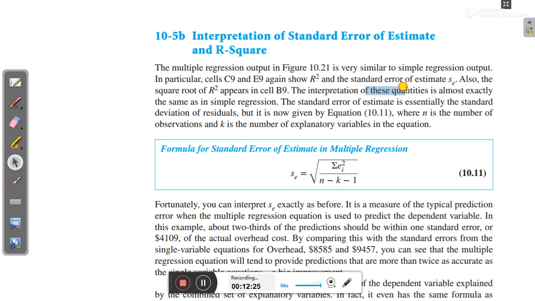The interpretation of these quantities is almost exactly the same as in simple regression. The standard error estimate is essentially the standard deviation of residuals, but it is not given by equation 10.11, which is different from the standard deviation equations, where n is the number of observations and k is the number of explanatory variables in the equations. So here you can see k is the number of explanatory variables in the equations, n is the number of observations, and ei is the